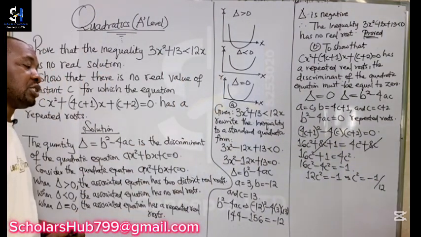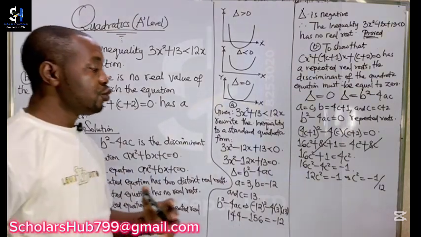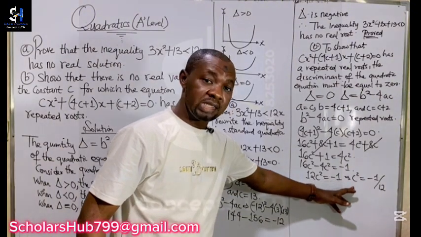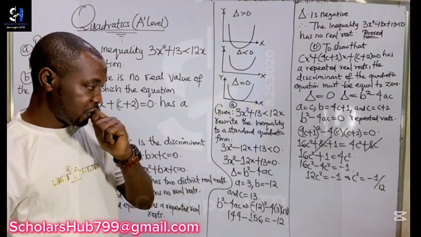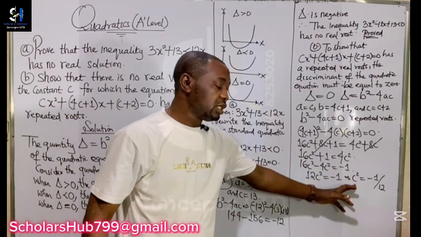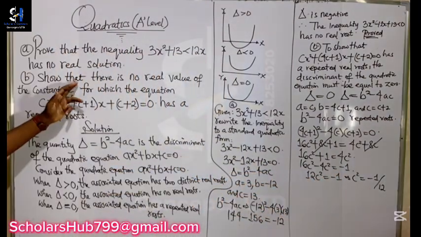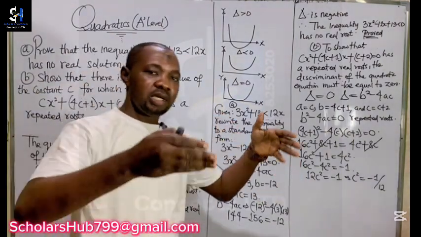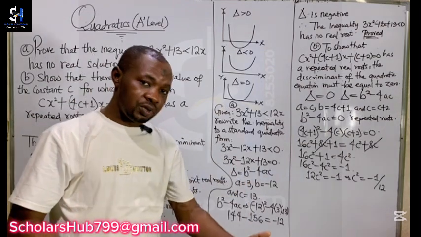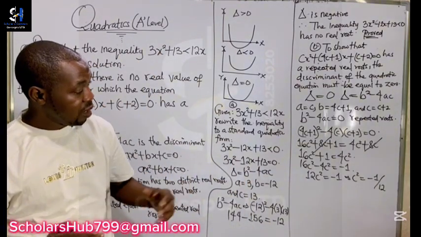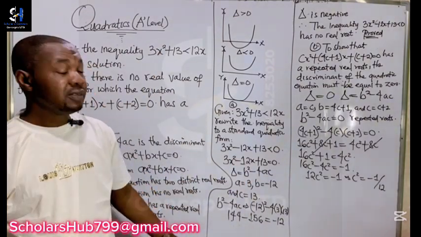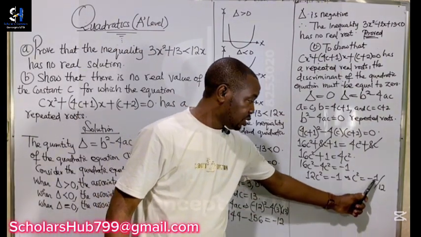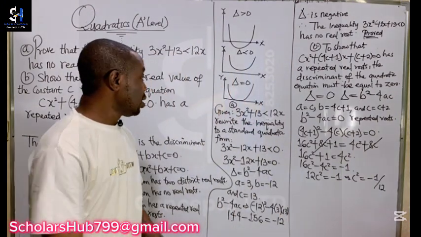What this tells us is that the square of a real number does not have to be negative. But in this case, we have the square of the real number c to be negative. And in that case, that means that this equation has no real value. A real number is a number which is either rational or irrational. So the square of a real number shouldn't be a negative value. Because we have c squared equals negative 1 over 12, we can say that,